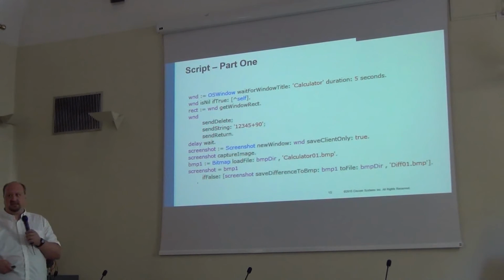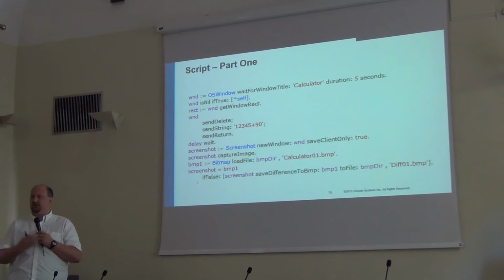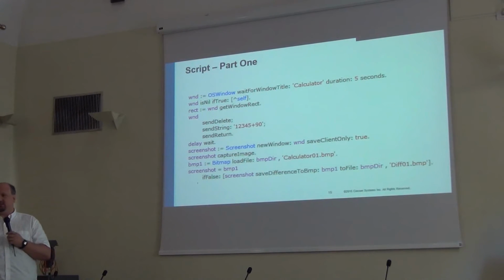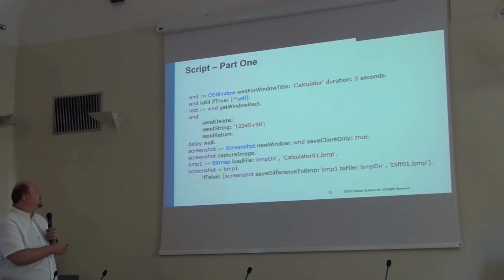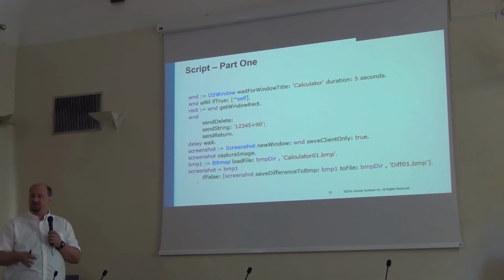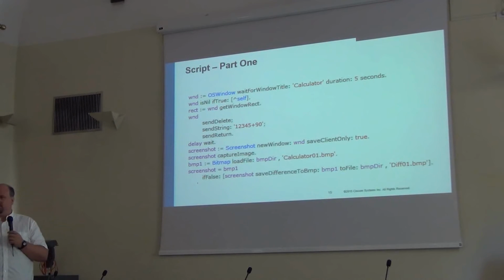Then I send a delete. Why do I send a delete? Because it resets the state. I just hit the delete button, it all goes away, and I can start from scratch. I send the string 1, 2, 3, 4, 5 plus 9, 0. I can send the whole string at once. I don't have to do any breaks in between. I can just send the whole string, and the calculator does what it wants. I send a return,